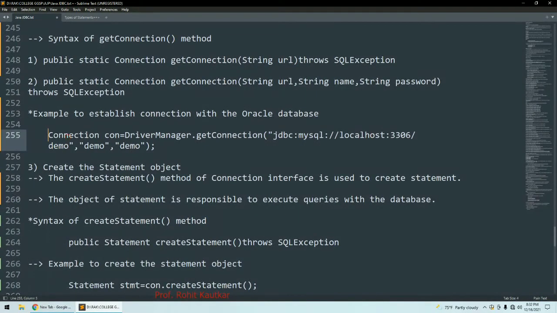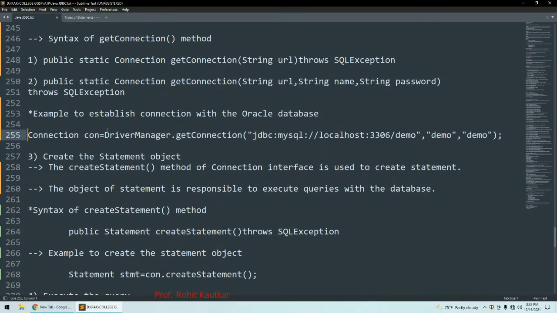Suppose you want to connect your Java program with a MySQL database. What will the statement be? Connection, the name of the connection, any name you can specify, equals DriverManager.getConnection. Here we are specifying the URL, which represents our database, as well as the username and password.